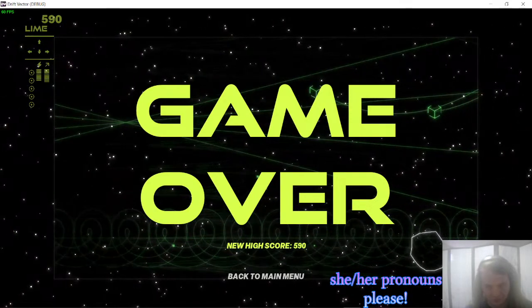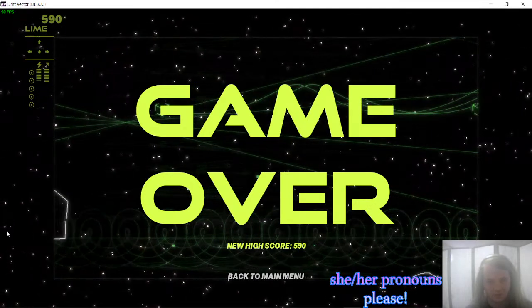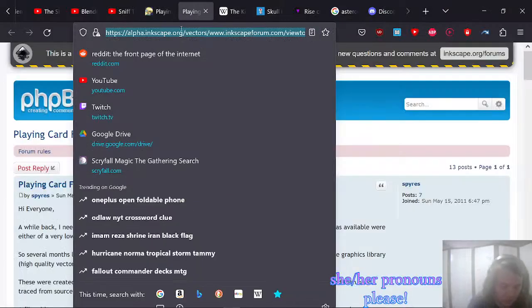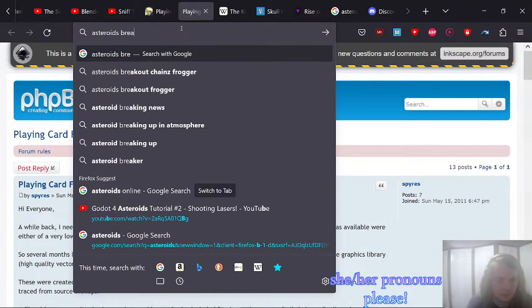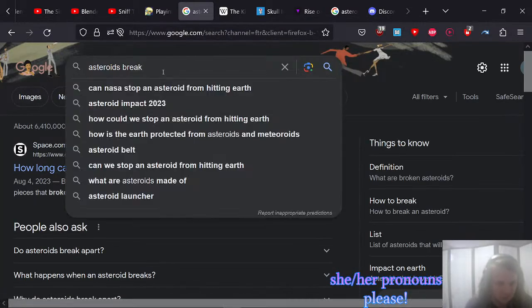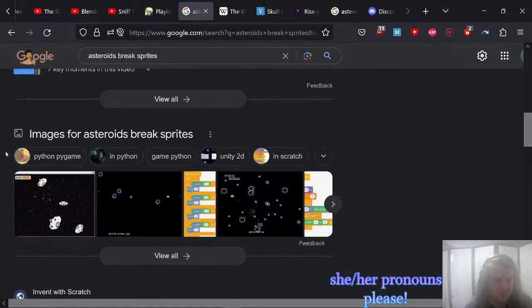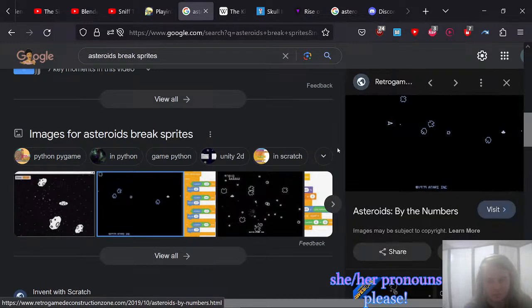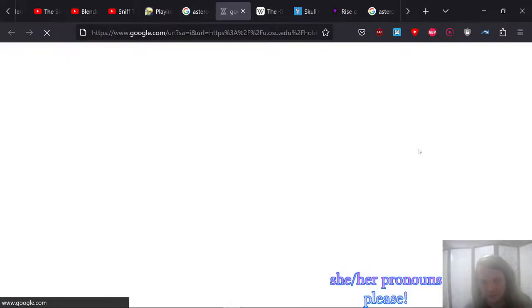So, and these asteroids don't. And I can understand why, but I think that they basically should leave something. And also, if you look at this screenshot of Asteroids here,